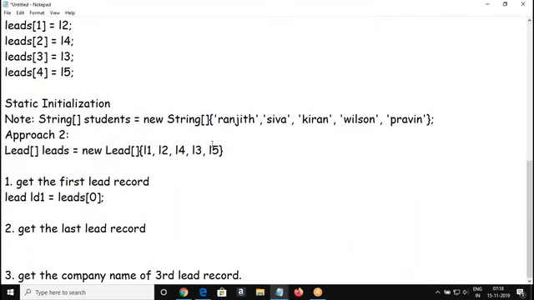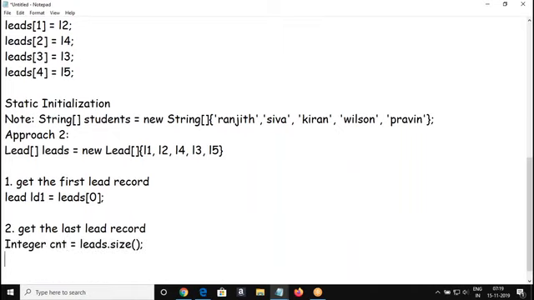Okay, how to get the last lead record? We know the size of the leads, so we can refer to index 4 here. Size is 5, so index 4 will give the last lead record, right? In case you are not sure about the size, then you get the size first. It's going to return an integer. And then I'm going to get the last record. How are we going to get the last record?